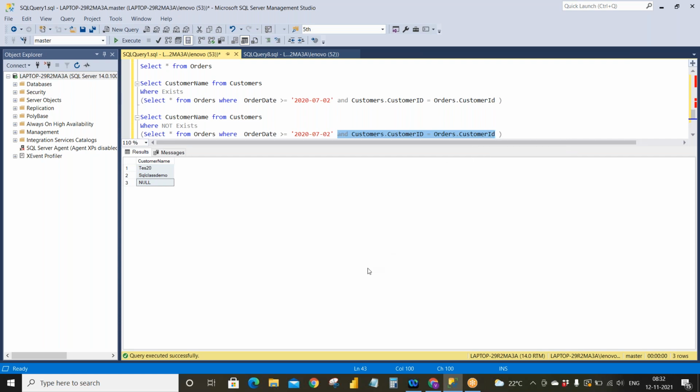So depending upon your requirement, we will be using this not exist operator. In the similar way, we use the exist operator. So mostly we don't use not exist operator. Why? Because if you see this example, it all depends on your requirement. Okay. So here, if you don't give this customer ID, in this particular thing is not equals to orders ID, in this particular context, what it will do? You can check. See.